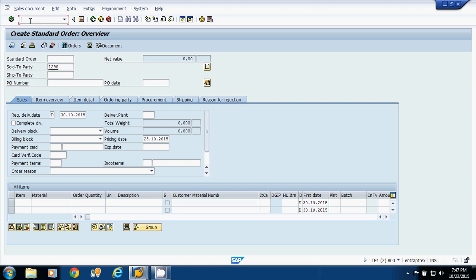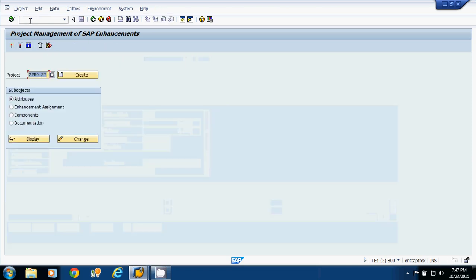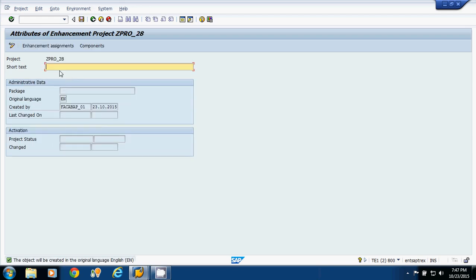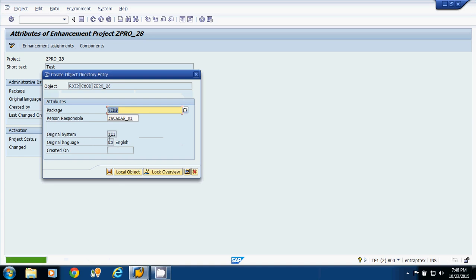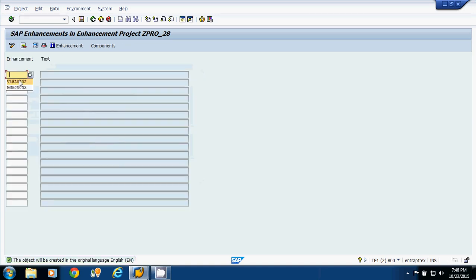Now we have one important point here. Suppose in CMOD you are creating a project. Suppose I am creating one project, zpro_28. I will click on this create button. Suppose I am providing the description. When I click on enhancement assignment, now if I am passing the same enhancement name here, it will not allow me to create another project with the same enhancement.